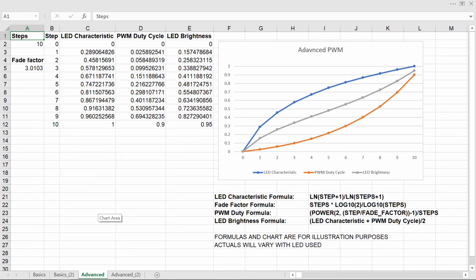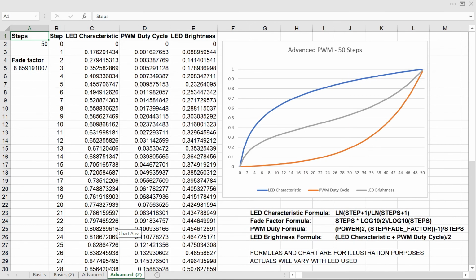The advanced formula adjusts very well for a larger number of steps, which is important as you may want to go up to 50, if not 100 steps. 100 would be ideal because then you can relate the steps directly to brightness percentage.